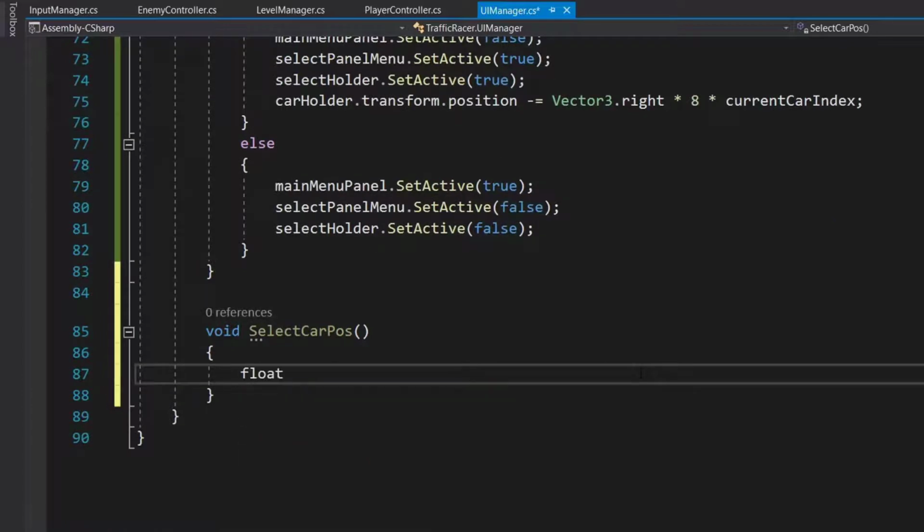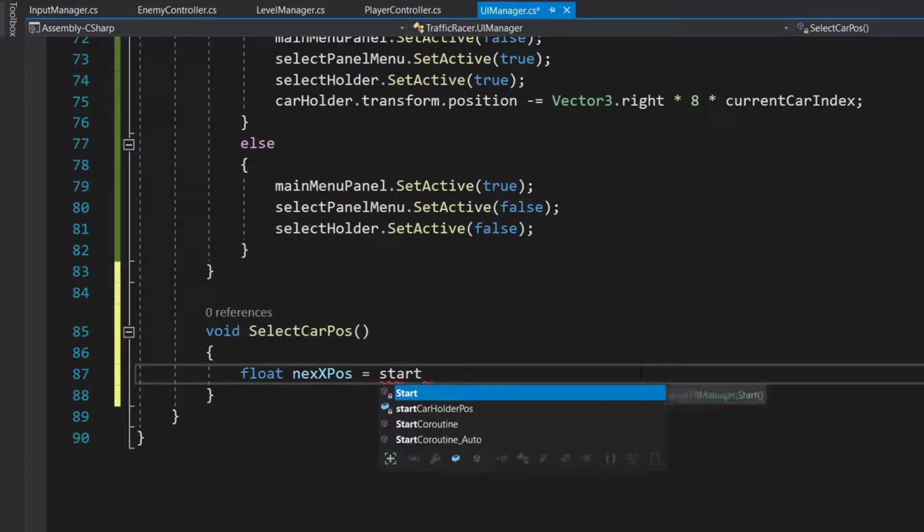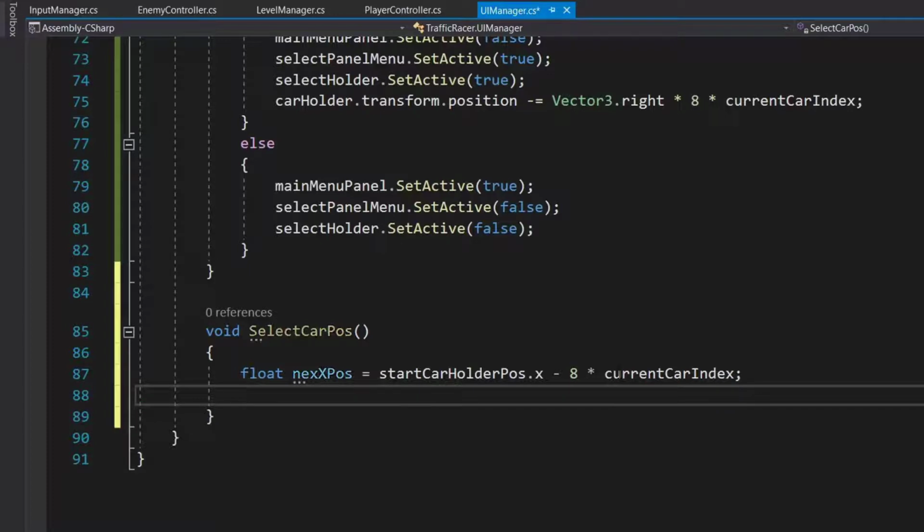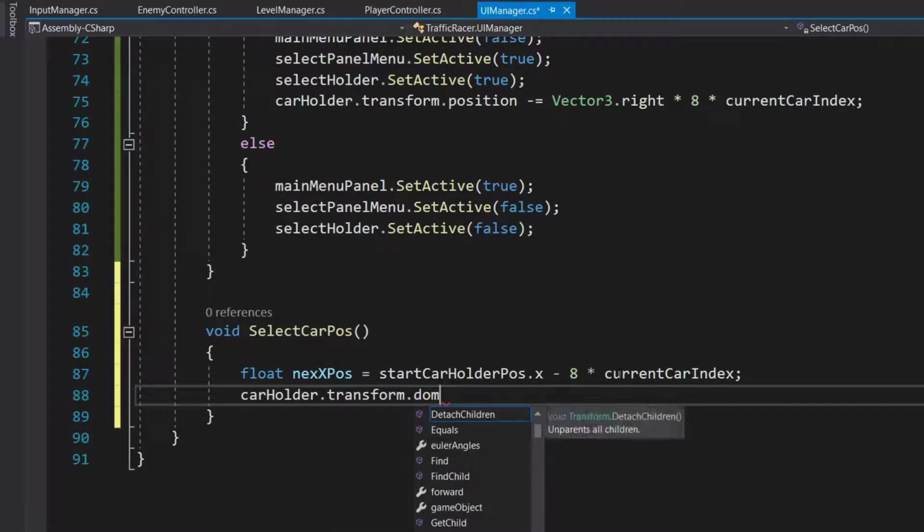So we'll create a float and call this newXPose, which will be equal to our startCarHolderPosition.x minus 8 into our current car index, and we are going to set our carHolder.transform.DOMove.